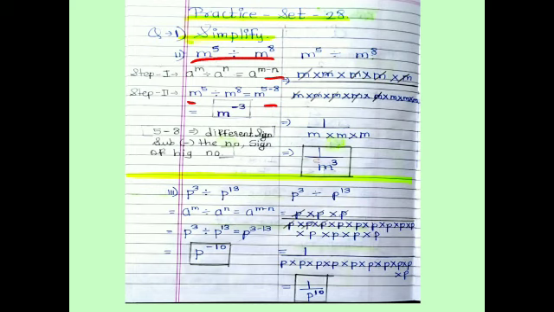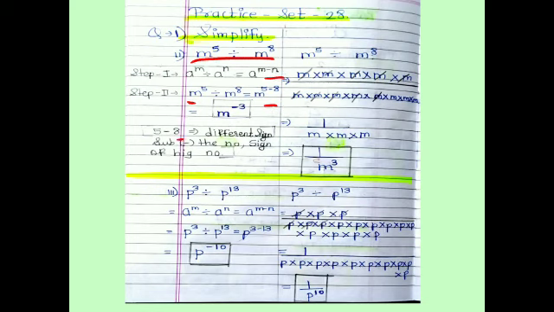Here we can subtract 8 minus 5, bigger number minus smaller number, and we get the answer 3. But here it is the smaller number minus the bigger number. Whenever 5 has no sign, it means it has a positive sign, the plus sign, and 8 has a negative sign, the minus sign. So both numbers have different signs, and when both numbers have different signs, what to do? Subtract the numbers, 8 minus 5, 3, and give the sign of the bigger number. What is the bigger number here?